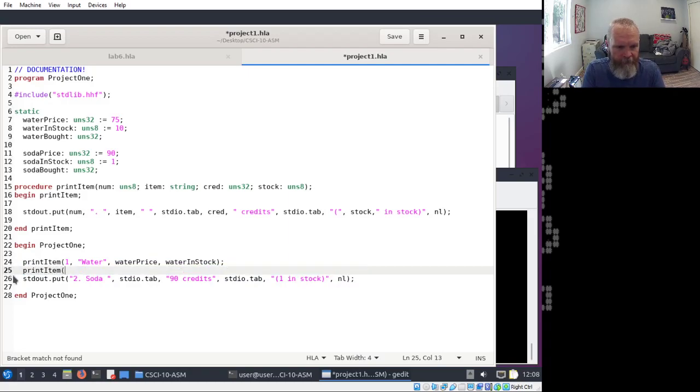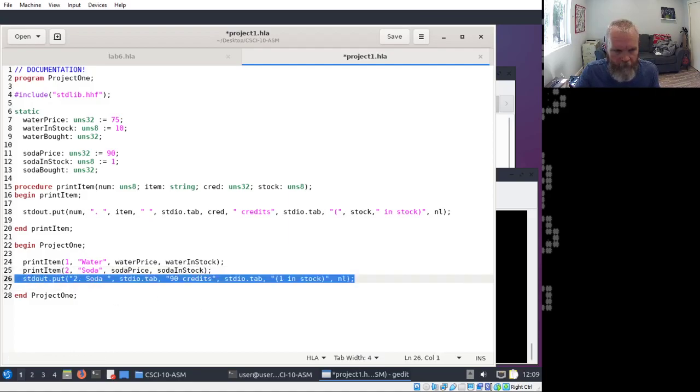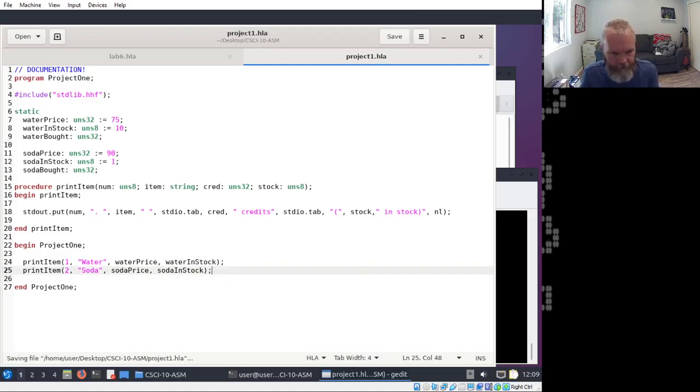And then item number 2, which is soda. I didn't leave the spaces here because the procedure's doing that part for me. Soda price, soda, and stock. And then we'll make sure that works, and then I'll leave you one hint, and then I'll shut down because I know I'm sort of over a bit.